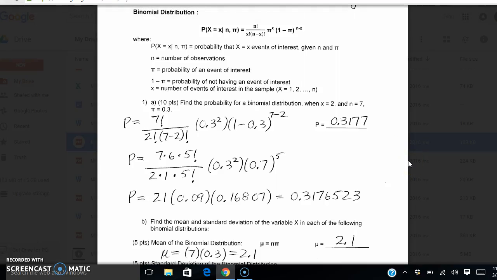Okay, so this is a brief review of how to use the binomial distribution formula. This is for Chapter 6, or rather Test 6, problem number 1 in the practice test. So we have the binomial distribution formula here at the top of the page, and your concern in the calculations is just this,